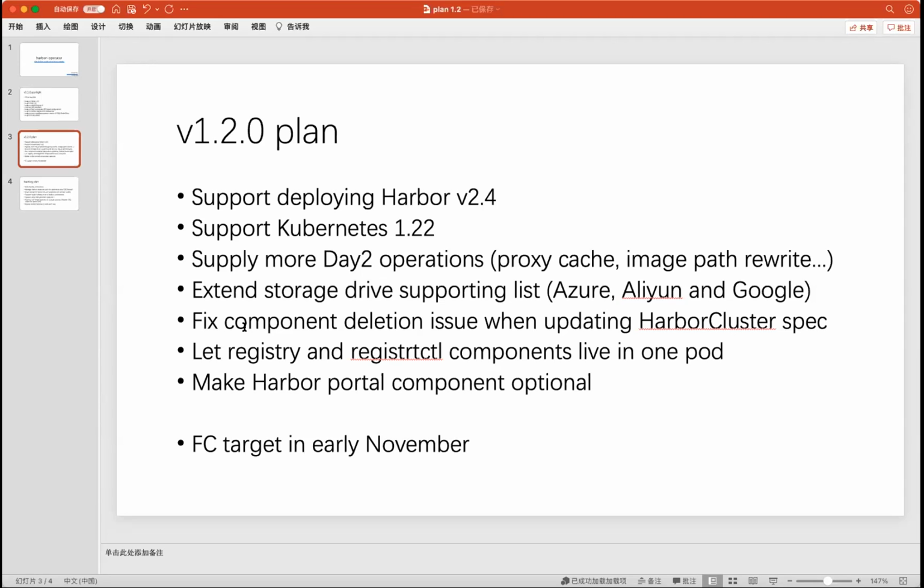We will also try to fix an issue: when a user updates the Harbor cluster to delete some components, such as trivy, currently it will fail, and we will fix this in 1.2. And we will merge the registry and the registry controller components into one pod